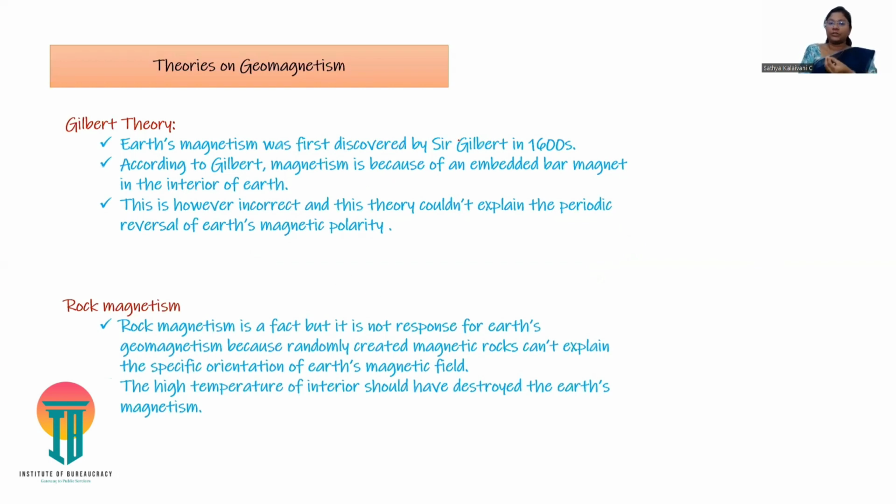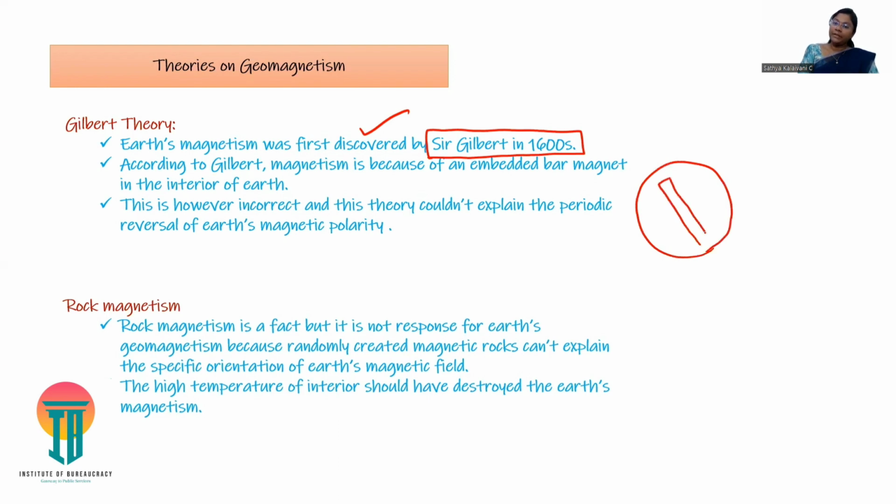The first person to discover this property, that Earth has a magnetic field, was Sir Gilbert. Very important personality. Okay, Sir Gilbert was the first one who suggested that Earth has magnetic property. But what he believed, according to him, was that there is a huge bar magnet embedded in the center